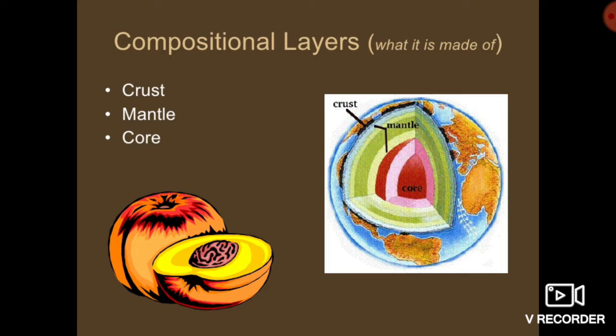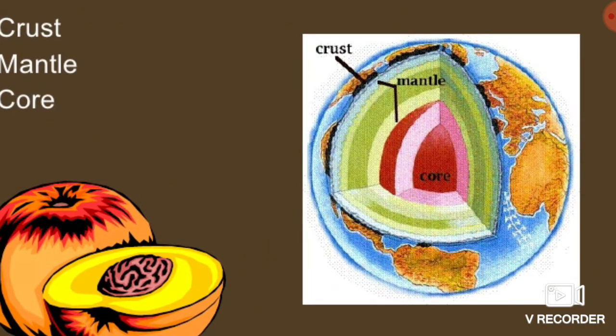interior part. Three different layers are recognized according to the behavior and mineral composition of different layers of the earth. These three different layers are crust, mantle and the core. We can see here through this diagram the crust, that is the outermost layer of the earth, and the core represents the most interior part of the earth, and in between crust and the core is the mantle, which represents the middle layer of the earth.